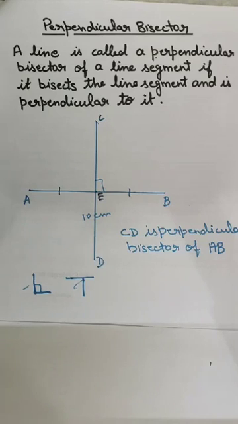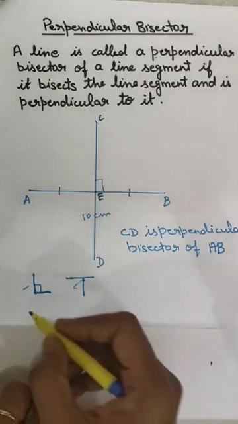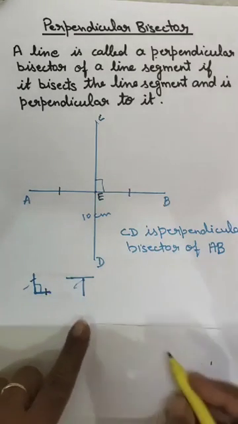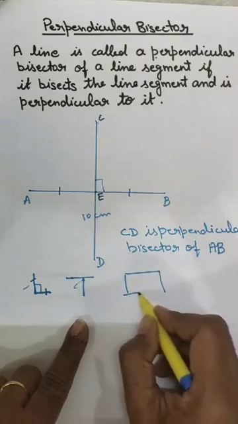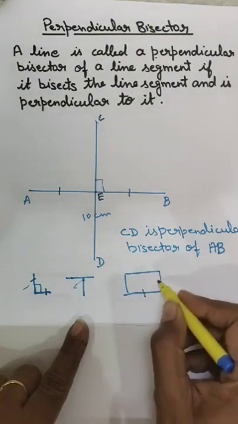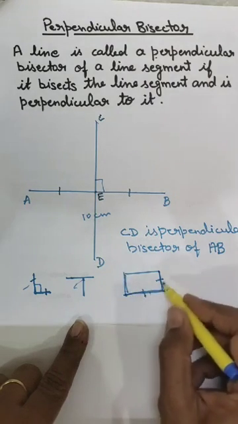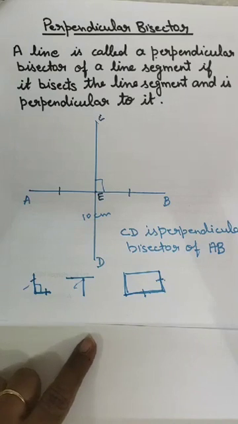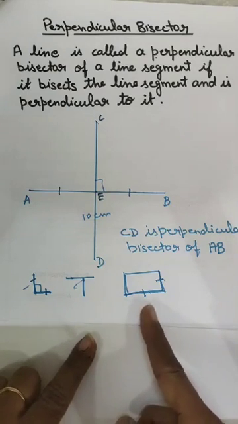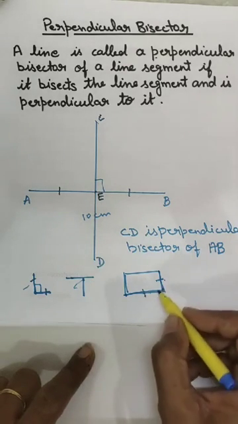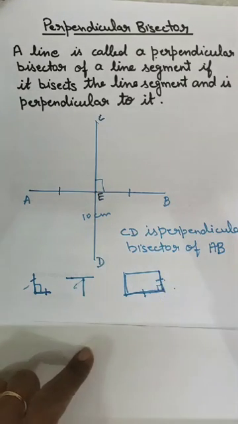In the previous chapter we have done, adjacent means side by side sides whose one vertex is common. These two sides are adjacent. This side is adjacent to this side. Our tabletop is like this. This is our tabletop, and these are the two adjacent sides. So can we say that these two sides are perpendicular or perpendicular bisector? These are perpendicular, not perpendicular bisector, because they are not dividing a given line segment into two equal parts.